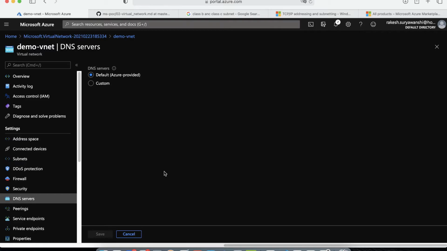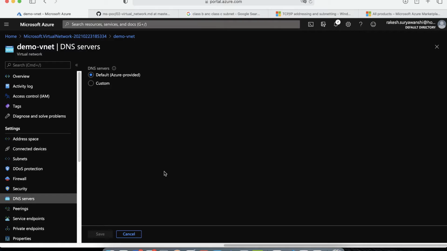Your virtual network would be able to communicate to any services available in Azure in all the regions. Obviously not a private cloud region like the cloud in China, but any public Azure cloud region, any services hosted out there, your virtual network would be able to communicate with the help of the